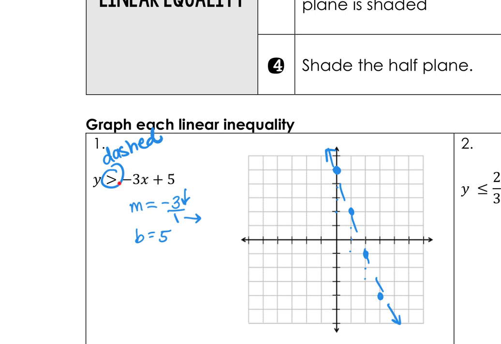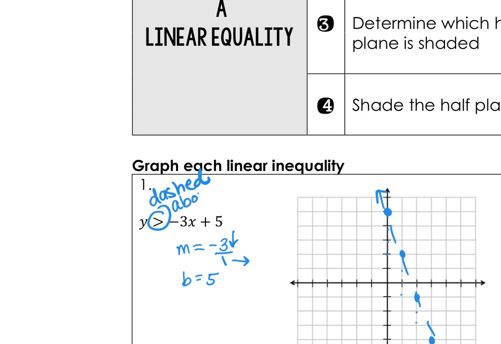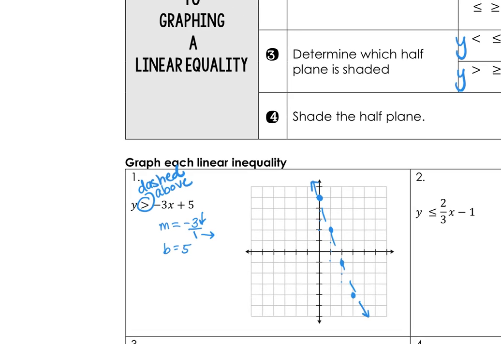Now that we've created that boundary line, we need to decide where to shade the grid. Because this is a greater than sign, we're going to shade above that y-intercept. This y-intercept is pretty high on this grid, but above it would be this region. So we're going to shade anything towards the right of this line. We're shading this region of the grid